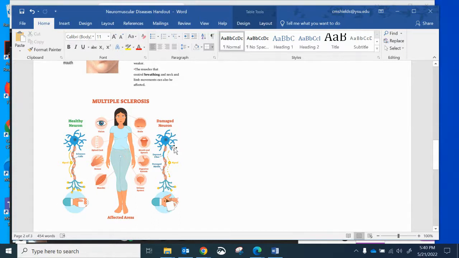But in a damaged neuron, because of scarring and this autoimmune disorder that just beats up on the neuron, the neuron gets exposed. You can see the myelin degenerating here. So the signal gets interrupted, and the nerve doesn't innervate the muscle very well, and then they can have some muscular problems right here. You can see any of these organs can be affected: vision, brain, speech, spinal cord, senses, muscles, urinary system, anything that has a nerve that innervates the muscle, right? Anything can be affected.